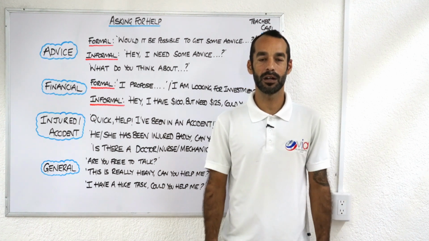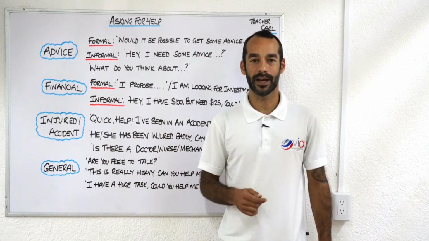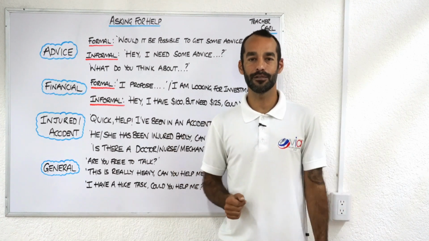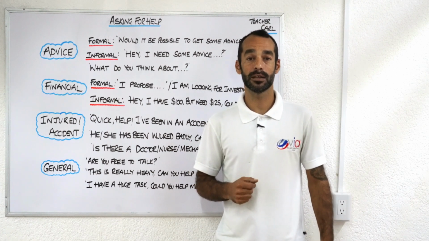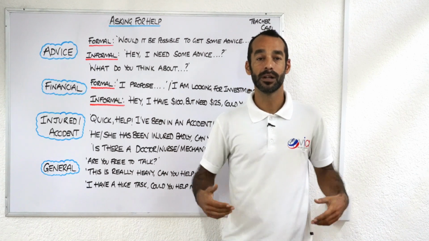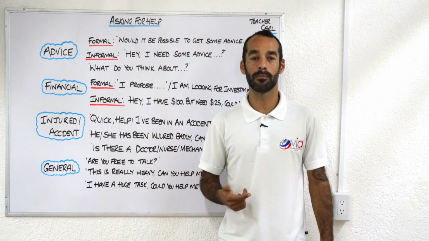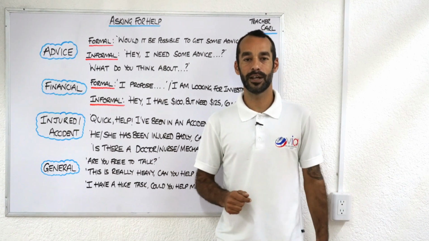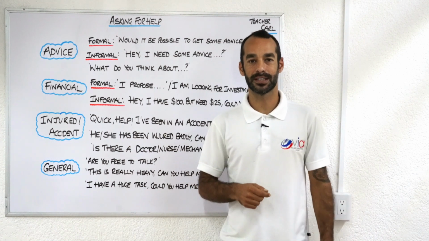My name is Teacher Carl, and in today's video lesson, we're going to look at the different ways in which you can ask for help in English. Now, you may just think that there is one way, but there are many different ways in which we can ask for help, depending on what we need help with, who we need help from, and how quickly we need that help. So I've selected just a few areas in which we regularly need to ask for help, and we're going to have a look at the different ways, the different tenses, and the different inflections that we will use in order to make your quest for help even more successful.